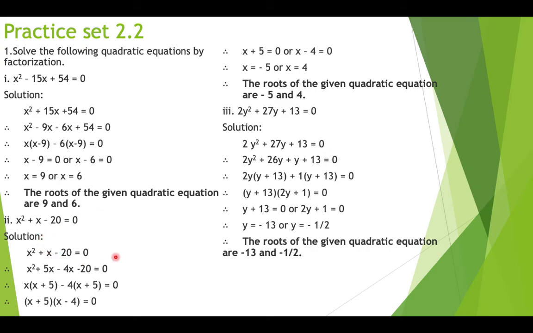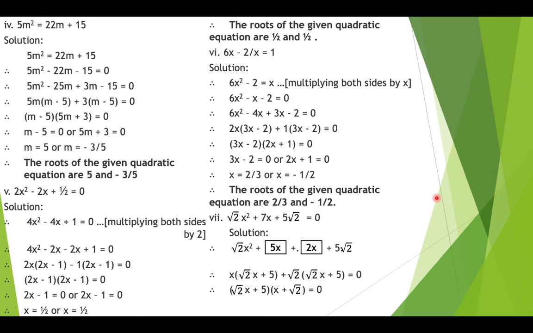You can just go through this sum. It is similar. Now if you see this, it is plus and minus, so when you are splitting this, it will be plus and minus. Your b1 will be plus 5 and b2 is equal to minus 4. For the third sum, you can just observe this. Take a screenshot of it.